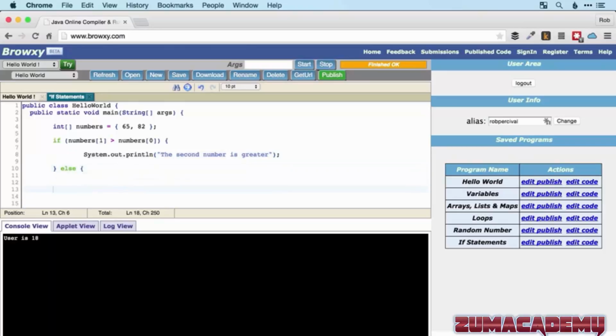And the only other option, or is it, system.out.println, the first number is greater. There we go. So your code may have looked quite a bit like that. There we go. So we've got the second number is greater. There we go. So it seems to work fine, but I wonder if you fell into my little trap, and